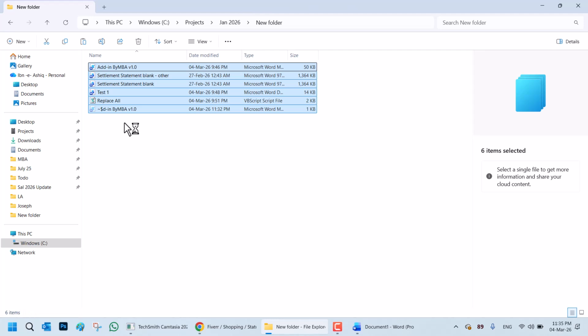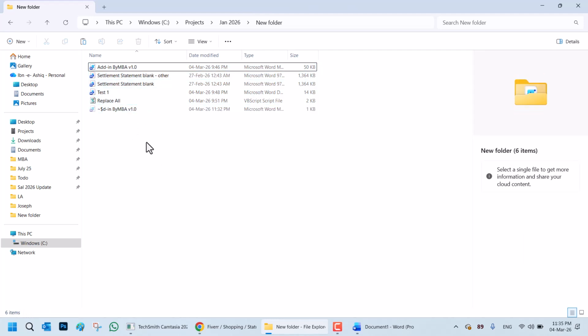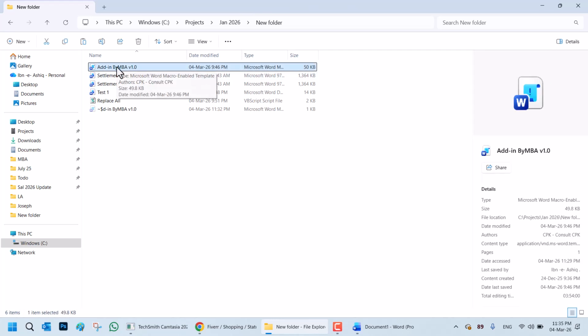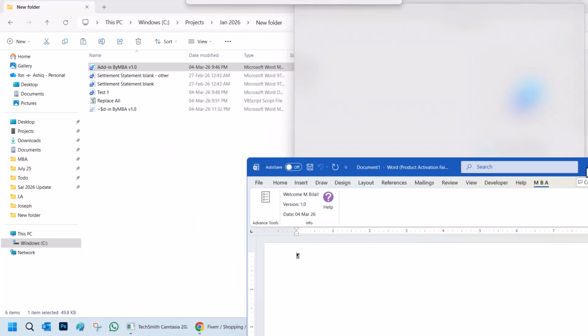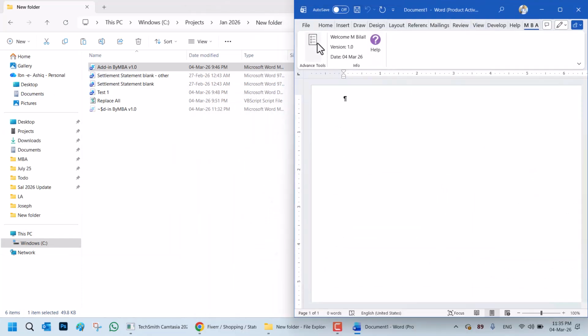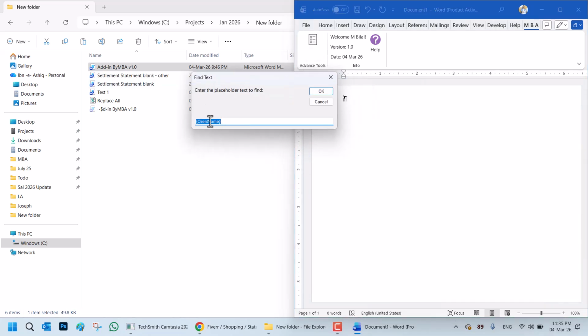And remember that this is the first solution that I am going to give you. I will give you the second solution later. So once you place that file within that folder, you just click on it and it contains a custom ribbon tab and a button that you can run. Once you run this macro from this button, it will ask you two things.